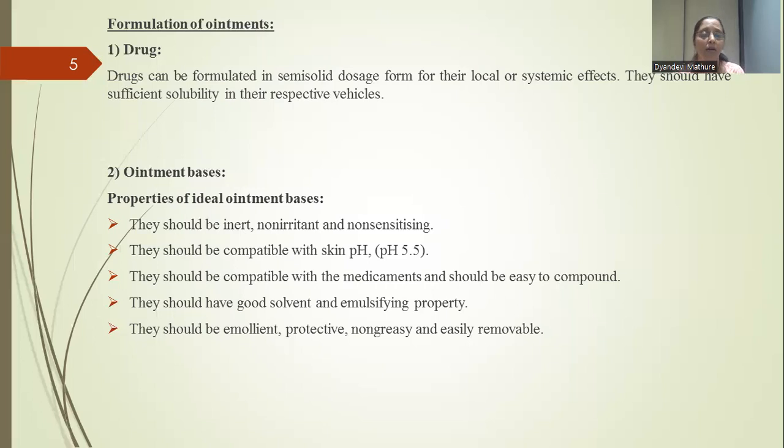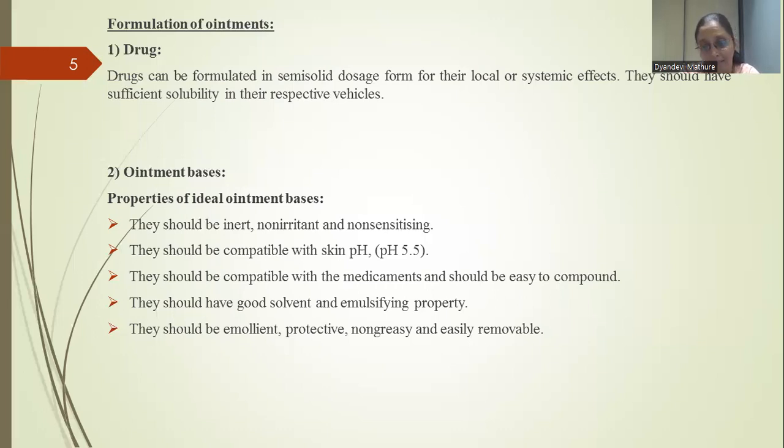Now the next formulation ingredient used in ointment is ointment bases. Very, very important excipient of the formulation of ointment. So before selection of any ointment base, what are the ideal characteristics of the ointment bases? There are some ideal characteristics, like the ointment base should be inert, it should be non-irritant,